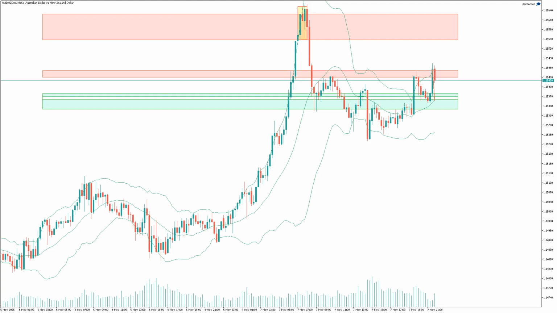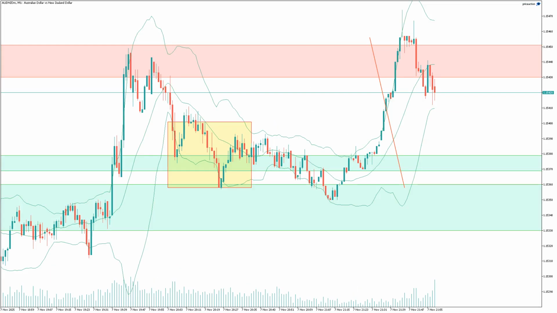This support zone is identified by a period of consolidation and repeated testing between November 7, 2025, at 6 hours, Unix timestamp 176-249-5200, and November 7, 2025, at 6 hours and 30 minutes, Unix timestamp 176-249-7000. During this interval, the price found strong buying interest around the 1.15330 to 1.15369 levels, indicated by multiple candles